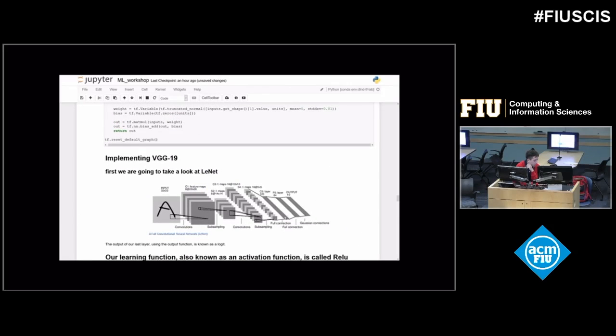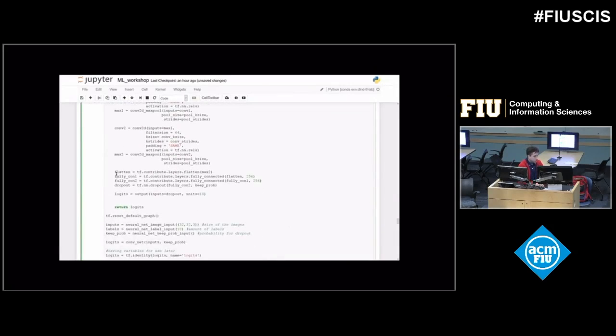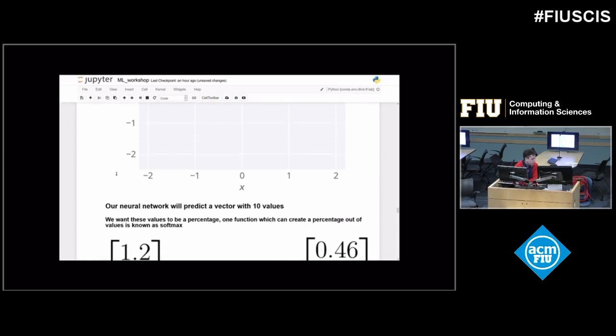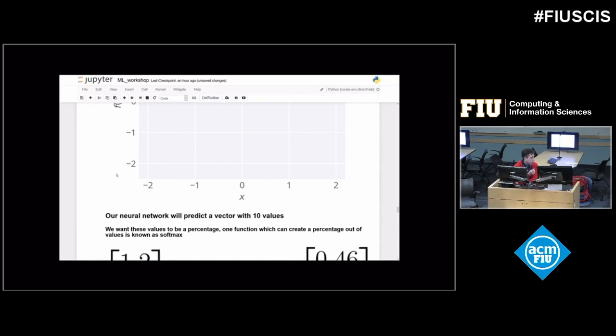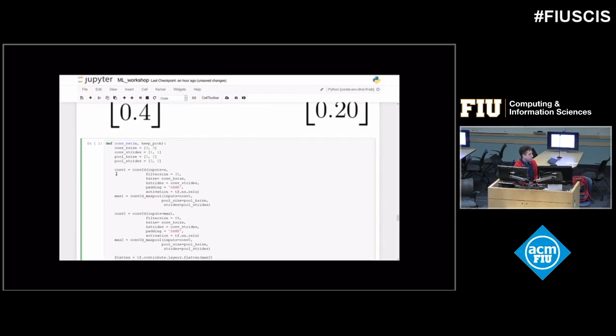So you can have as many fully connected layers as you want. You can have as many convolutions as you want. The thing about the fully connected layers is that they take the longest to calculate, and it's another parameter that you get to play with. So convolutional neural networks and deep learning have a lot of parameters involved, and the way you improve your models is by changing the variables.